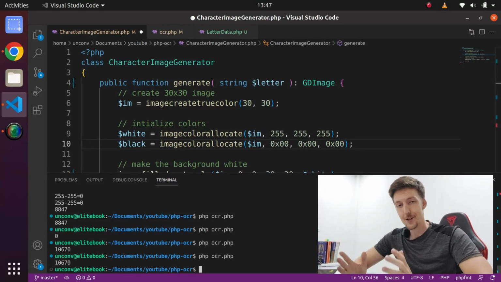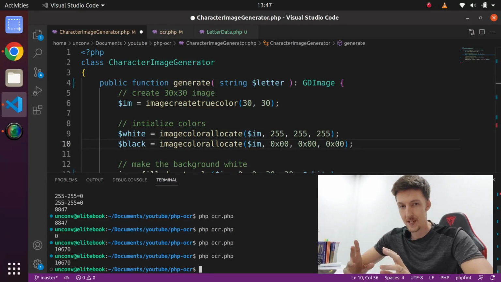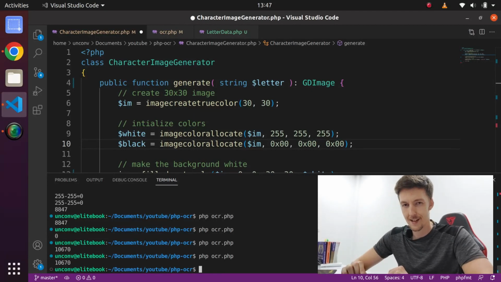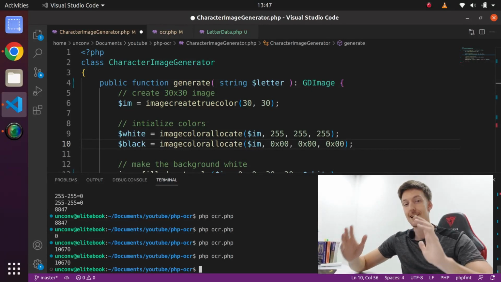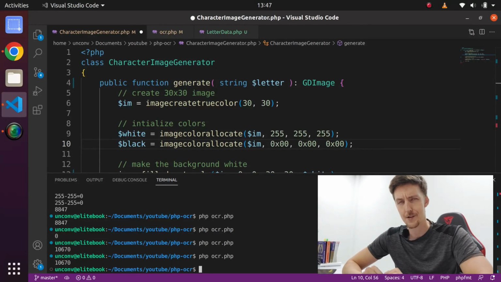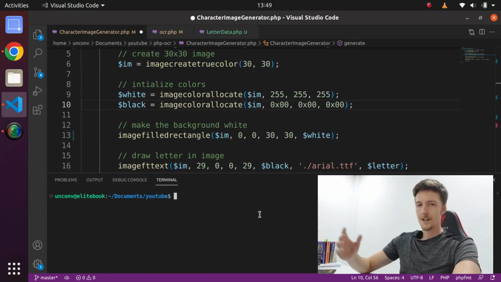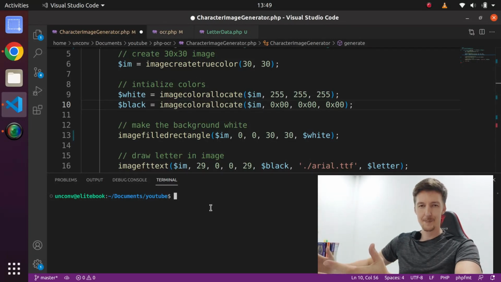So today's coding challenge is to make an OCR with PHP. But I already checked that OCR actually means optical character recognition, and I'm using PHP. It has nothing to do with optics. So actually I'm doing a text recognition algorithm or something like that in PHP. So let's get started. Alright, so here you see my original project, but you didn't see me write this code